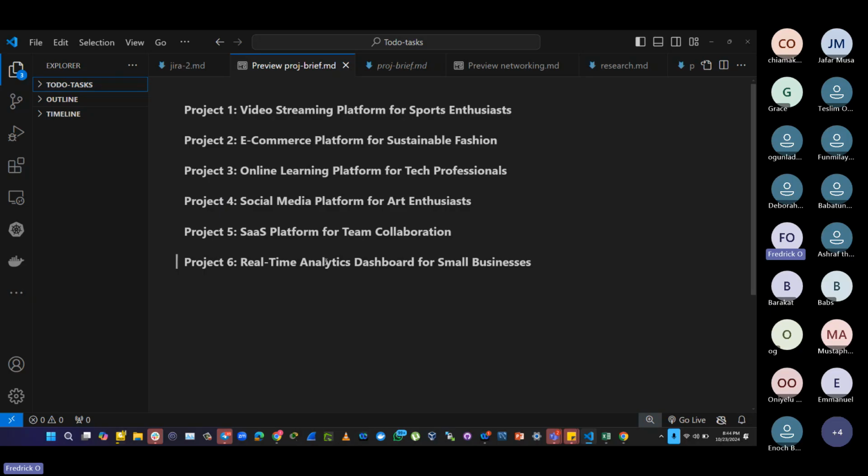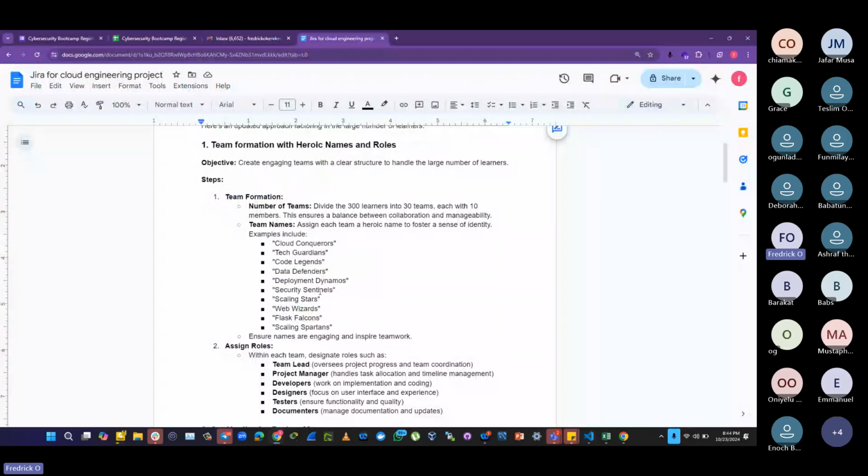So if there are 5 persons per project, it means that you can choose any team name here. We can allocate the team names, maybe 5 persons to a particular team, 5 persons to another team. You understand? These are the sample names that we have.